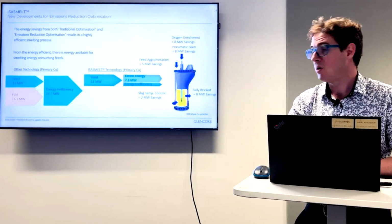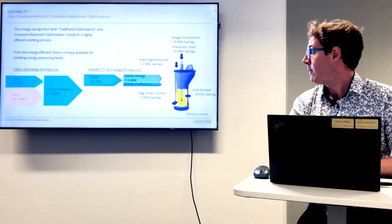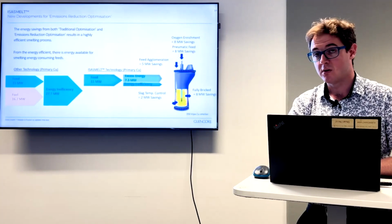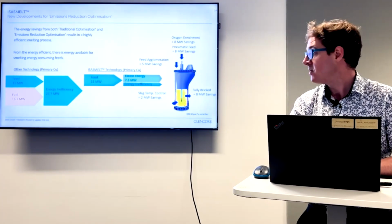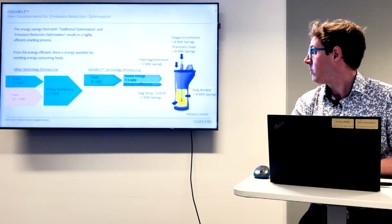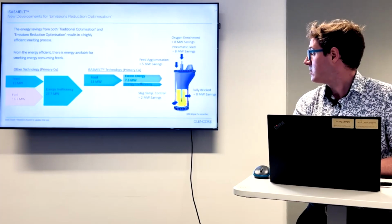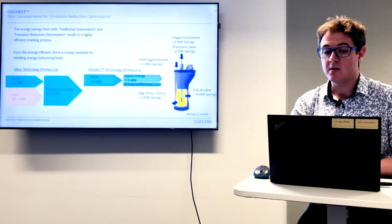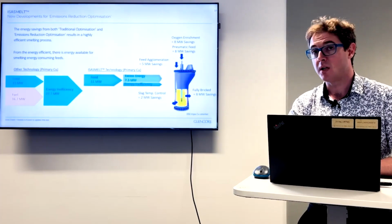The ISASMELT technology, by having those changes we've done, we're able to get extremely energy efficient. So energy efficient that we actually have excess energy from the feed. When we smelt the copper sulfides, it generates energy, and we need to add coolants. This excess energy, in the order of about 7.3 megawatts, actually provides us an opportunity in our primary smelting